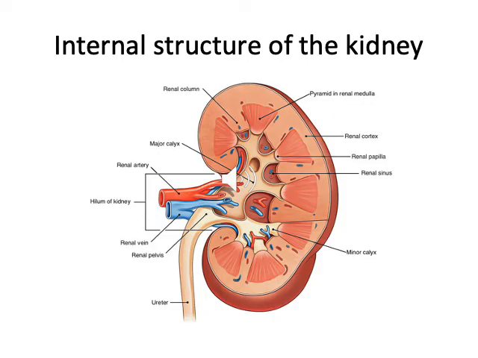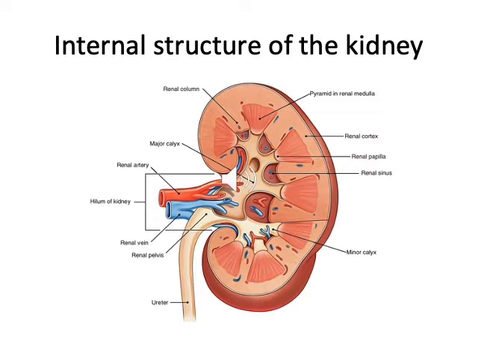Let's discuss the internal structure of the kidney. As I told earlier, the kidneys are enclosed in complex layers of fascia and fat. The renal capsule is a tough fibrous capsule. Outside of that is the perirenal or perinephric fatty layer. Outside of that is the renal fascia, and the outermost layer is the pararenal fatty layer, which is mainly located on the posterolateral aspect of the kidney.